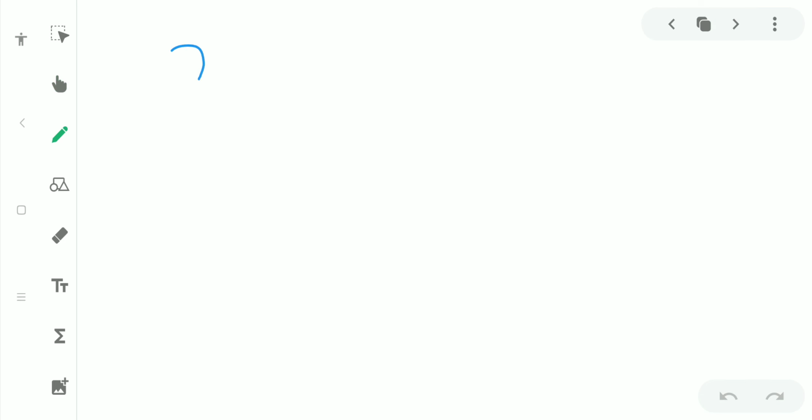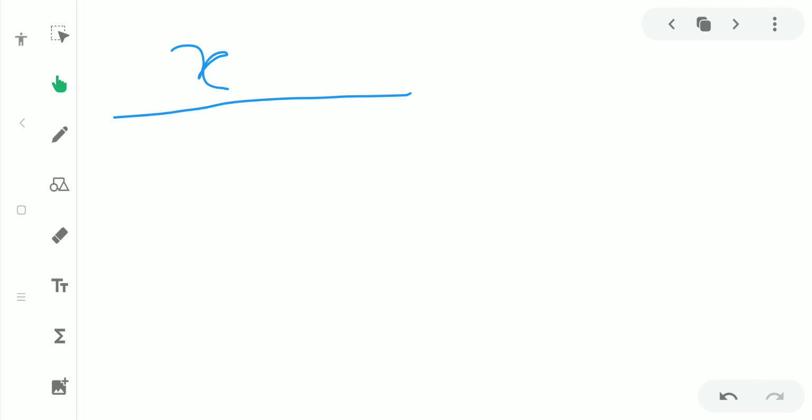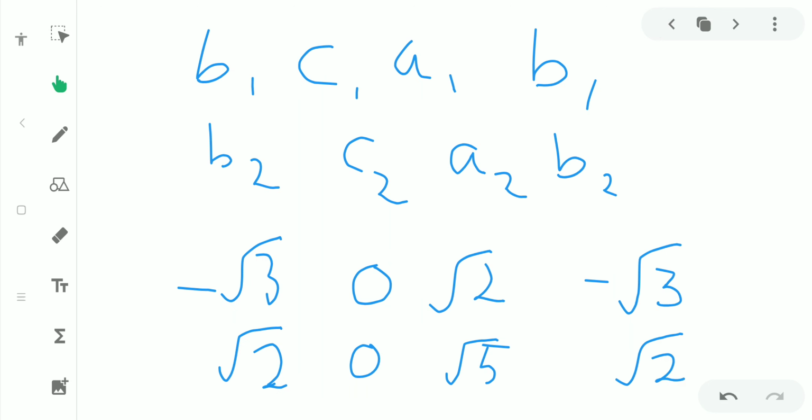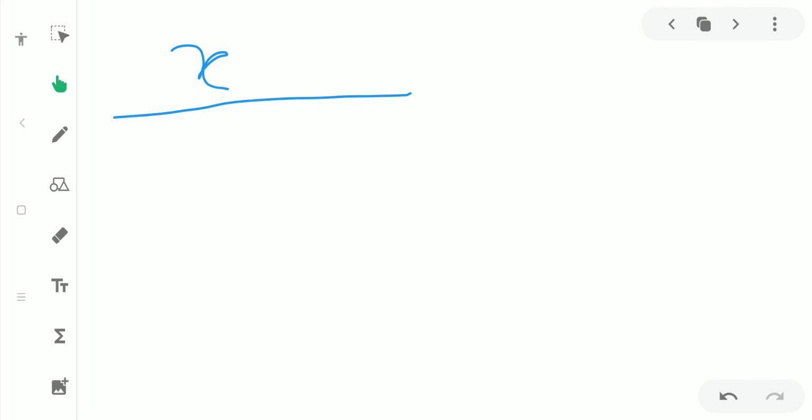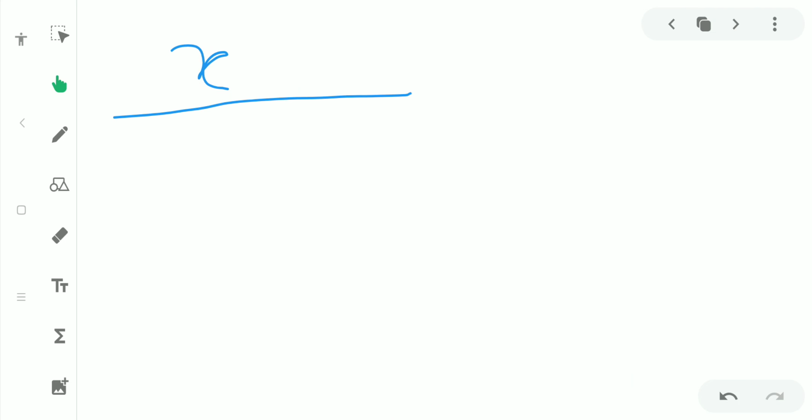We have the formula again, we are having the variables x and y to find. So I took x as the numerator by B1 into C2 minus B2 into C1. So root 3 into 0 minus root 2 into 0. Anything multiplied with 0 is nothing but 0. So 0 minus 0, nothing you will get other than 0, which is equal to